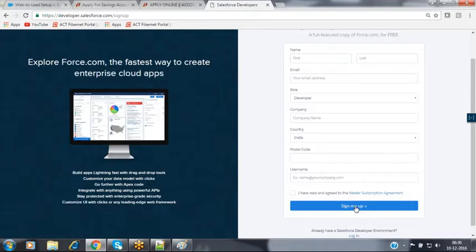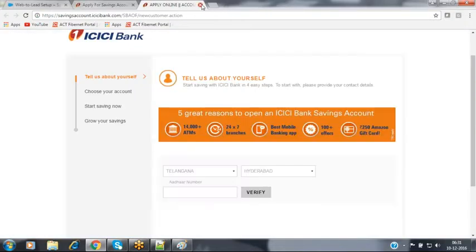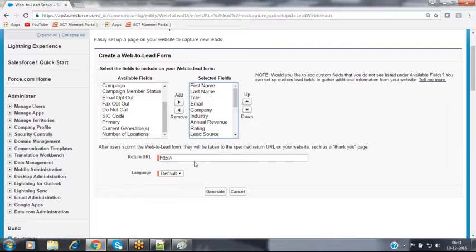In the same way here also, in our Salesforce instance, after submitting all the details to capture a new lead record, we can redirect the user to a thank you web form also here. You can design your own thank you form, and we can redirect the user over there. But now here we don't have any thank you web form available. So here I would like to redirect the user to any website. I'm redirecting the user to https://www.google.co.in.